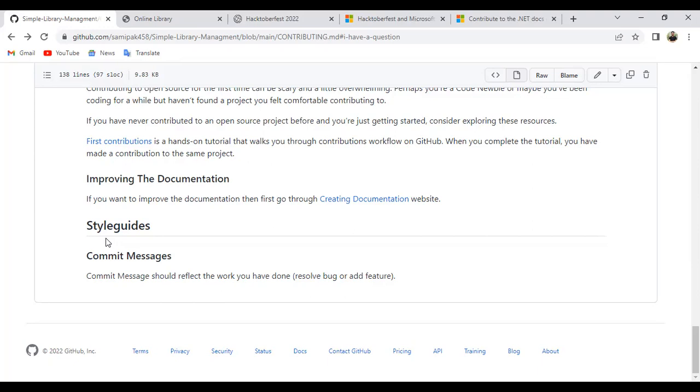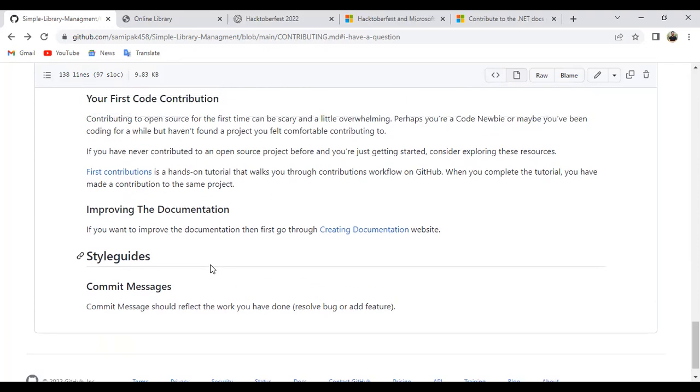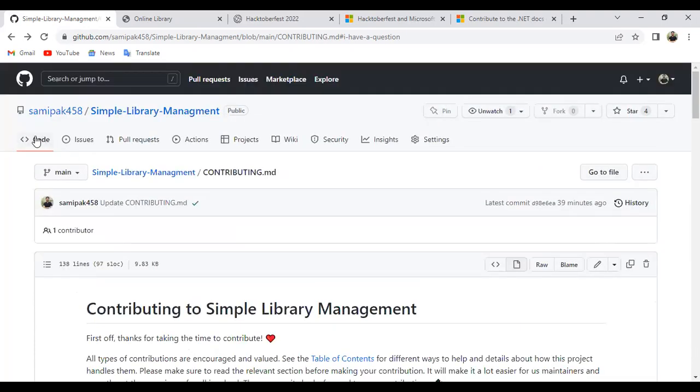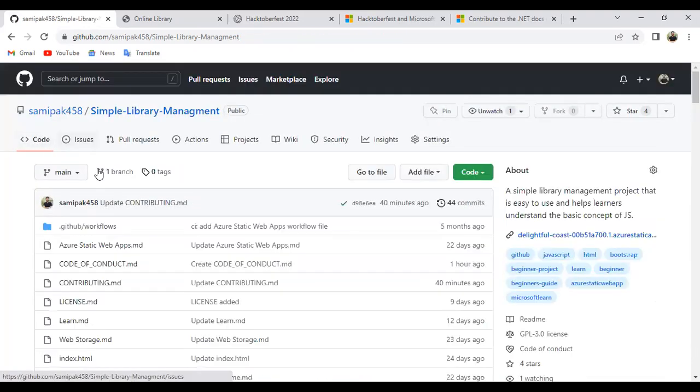Before adding your changes, you have to add a commit message. So yes, I have written everything completely for beginners to help you start your journey. Okay, so you see how all these things look like and how the repository looks like and how you can do it.